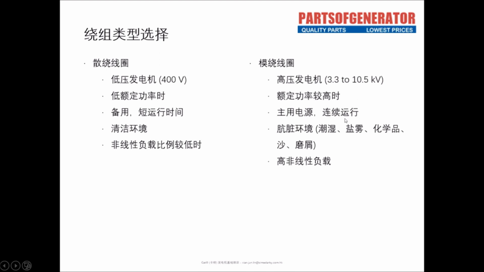This is a high voltage generator. Carter's high voltage generators, from 3.3 kV to 10.5 kV, are generators with relatively high rated power. They try to use mold wound coils. Main generators or continuous use generators mean that the running time is very long. For this generator,